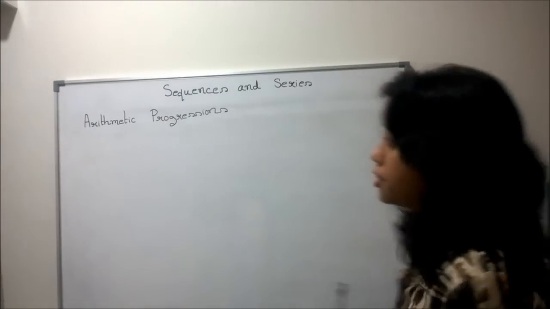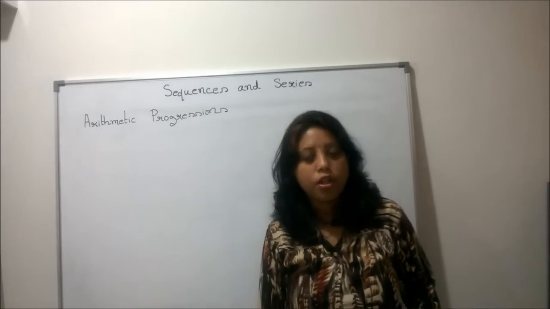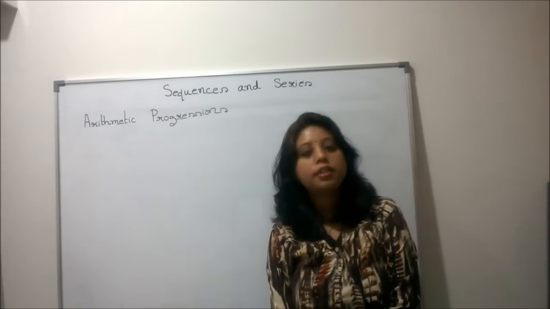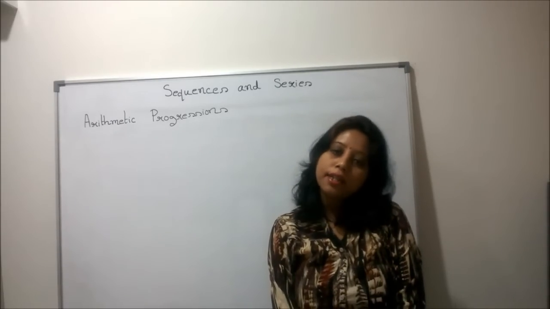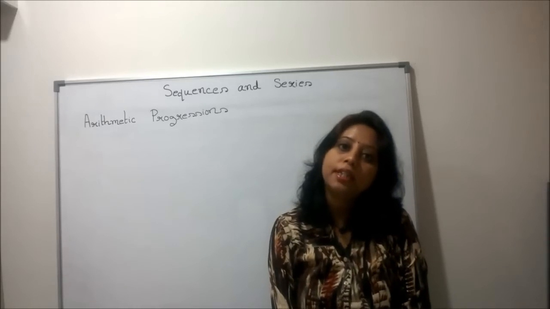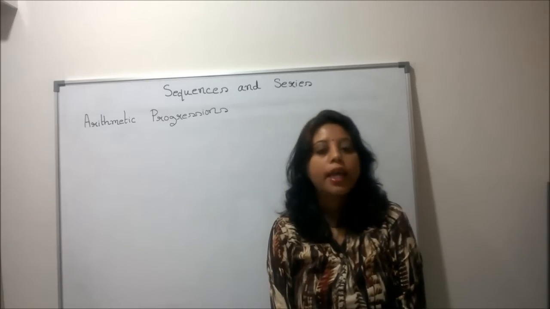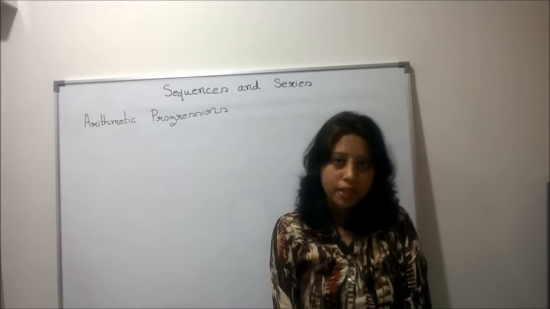So friends, now we are going to discuss the arithmetic progression. What is arithmetic progression? This is a sequence. In this sequence, other than the first term, all the terms are obtained from its preceding term by adding a constant. This constant is called the common difference. Okay, let us take some example.